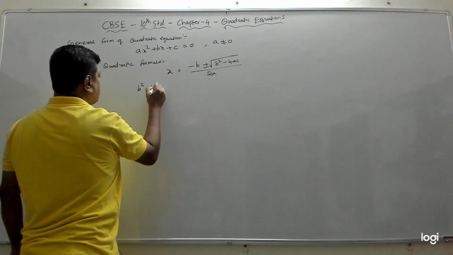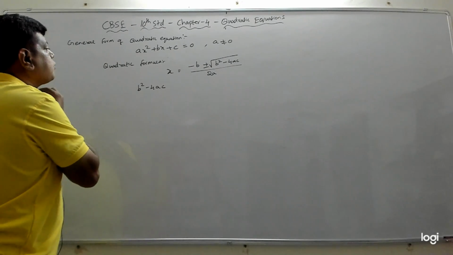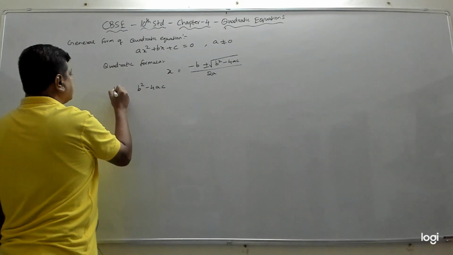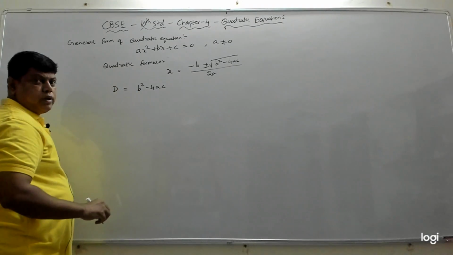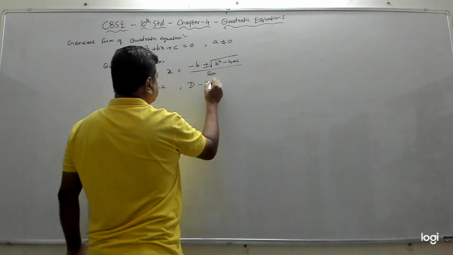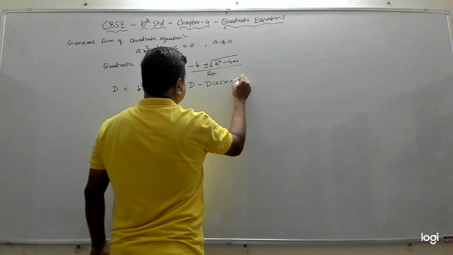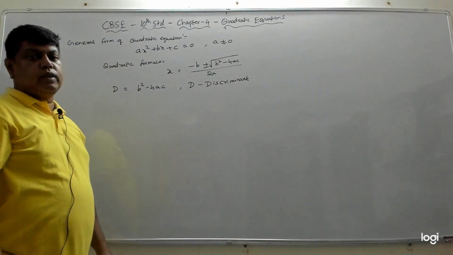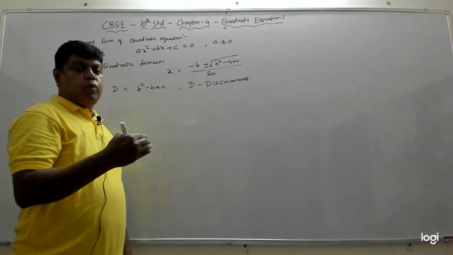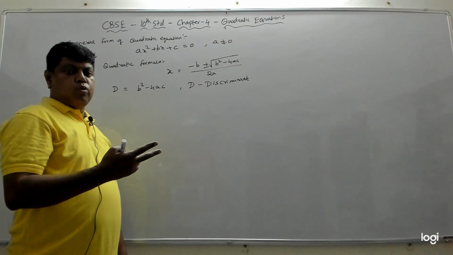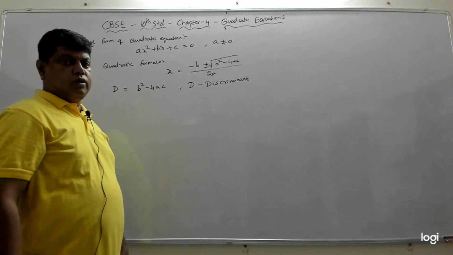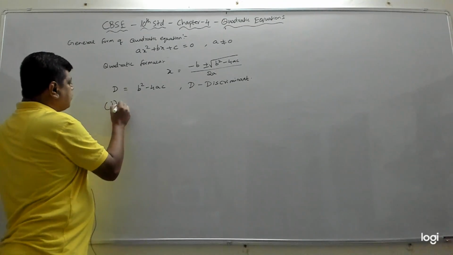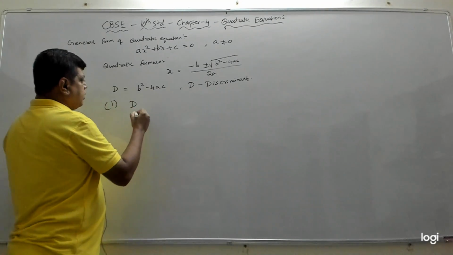When we are trying to find the roots, we always check b square minus 4ac. This is also called the discriminant. It is denoted by D, where D is equal to b square minus 4ac. Based on the value of D, we can say whether a quadratic equation will have two roots, one root, or no real roots. The first case is, if D is greater than 0,